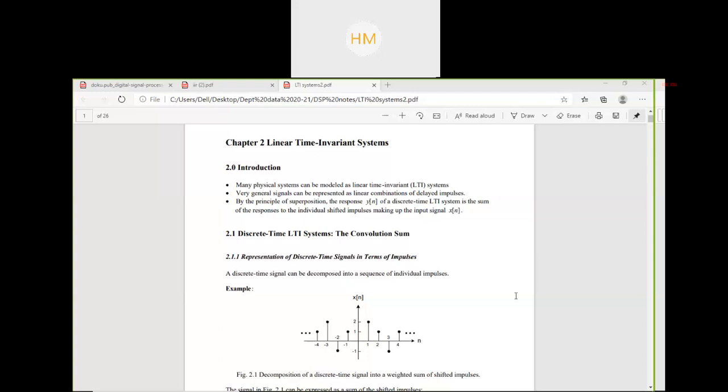Is it clear now? Z transform of which of n is H of z? Yes. N is your original domain. We will transfer n into the z domain, time domain to frequency domain, for discrete systems, for digital systems we are doing. So is it clear? Okay, okay, chalo. So we will continue with our next topic.